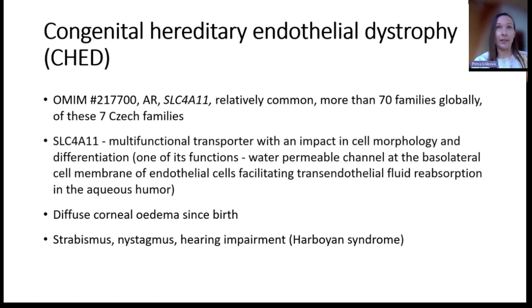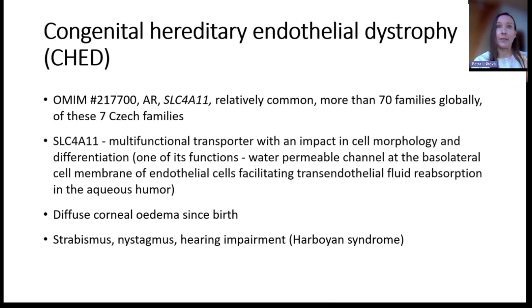So the next clinical entity is congenital hereditary endothelial dystrophy. It's a disease which I would say, although rare, is relatively common. Again, I've counted in the literature more than 70 families described globally, and we've identified 7 Czech families. It's caused by mutations in SLC4A11, which is a multifunctional transporter with an impact on cell morphology and differentiation. And one of its functions is also a water permeable channel at the basolateral cell membrane of endothelial cells,